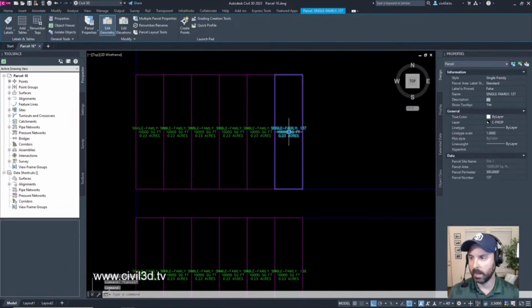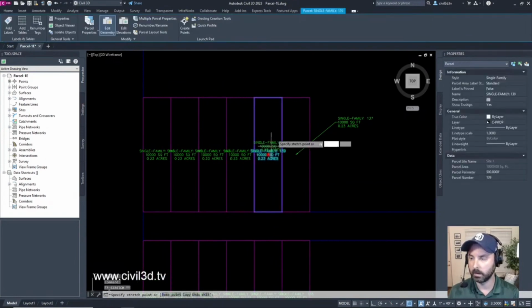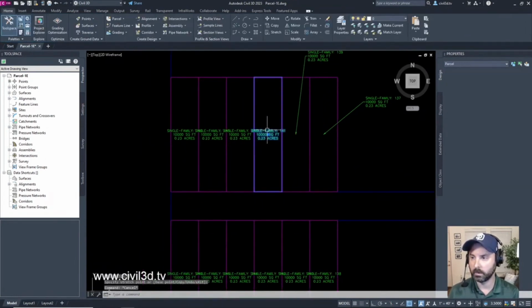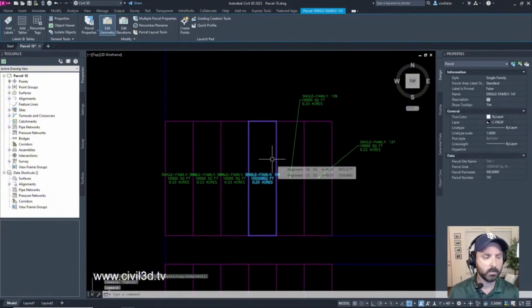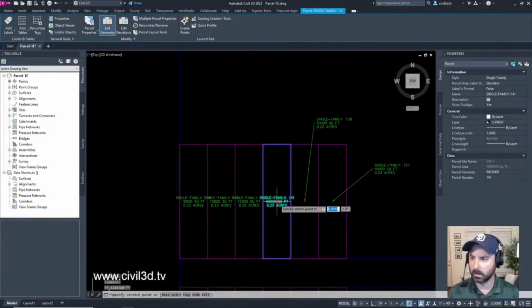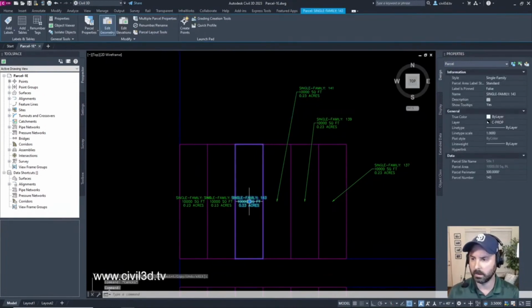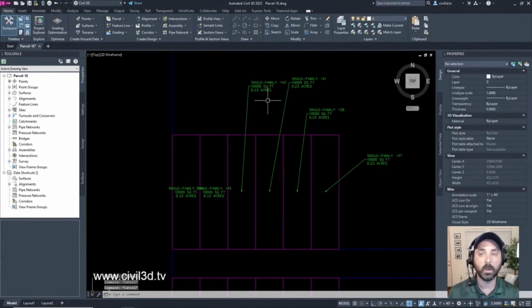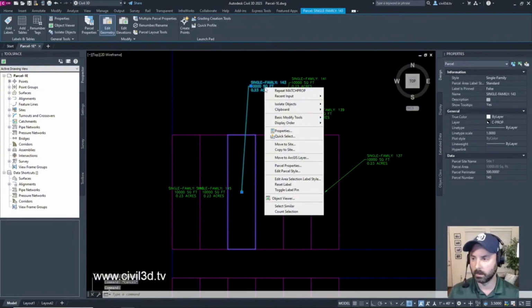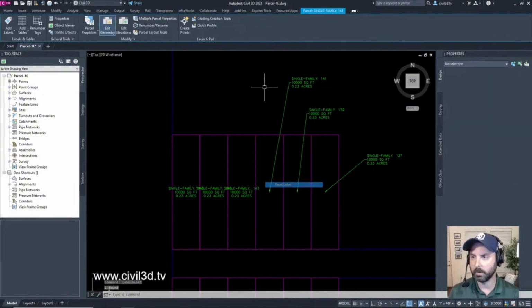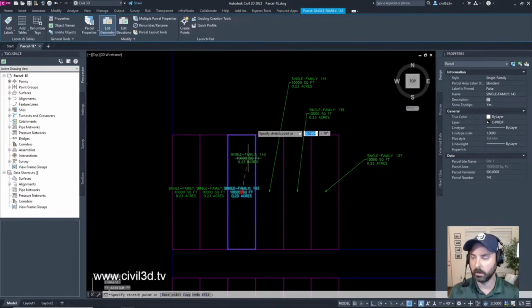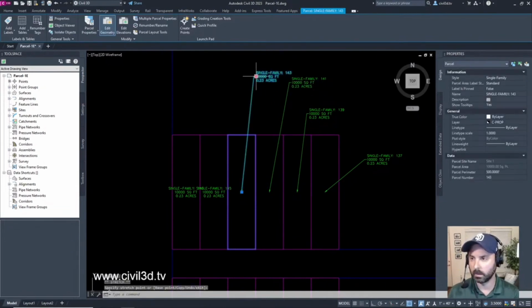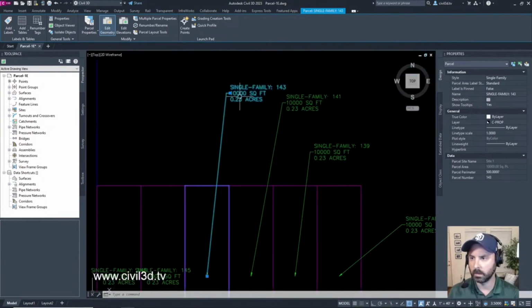And if I want to click and drag this stuff out, I get a nice little leader, which is helpful. Now we're getting away from some of this instructional content, but I think this stuff probably helps people. And if you don't like the way that looks, you can always select this, right click, reset label. Or you can hover over this. No, it doesn't give me that option. I'll just reset the label.